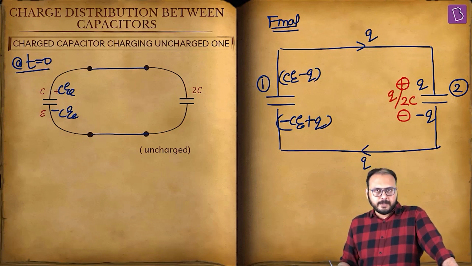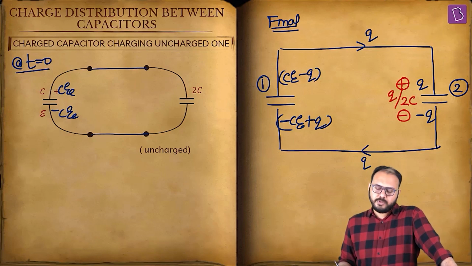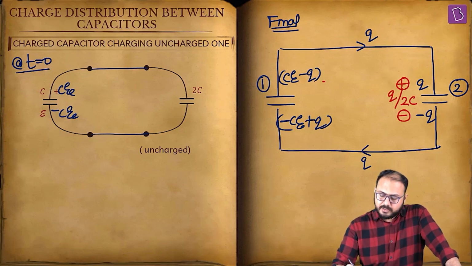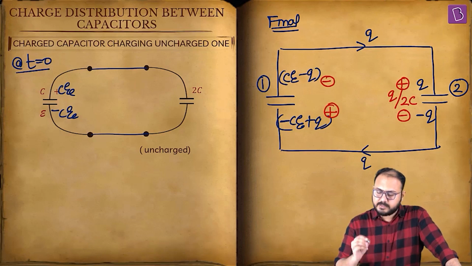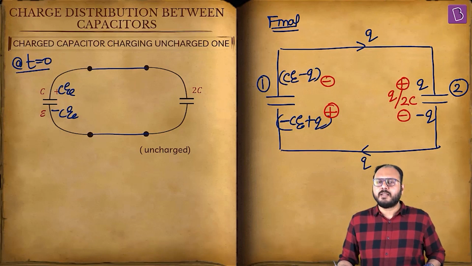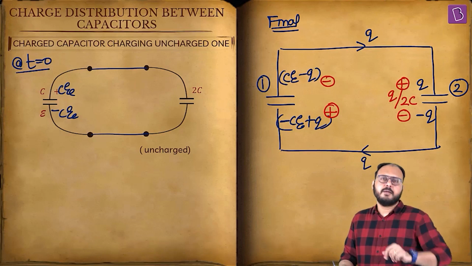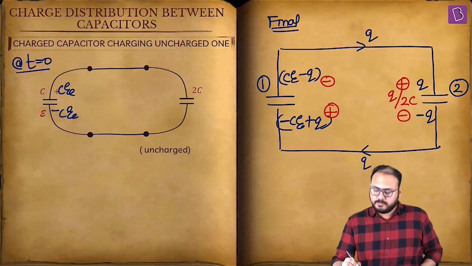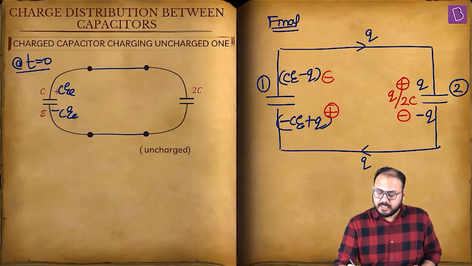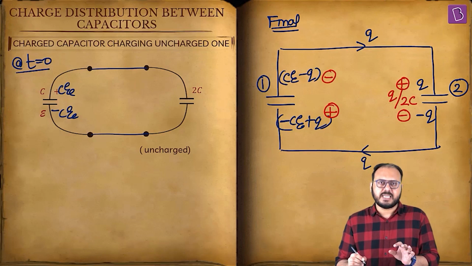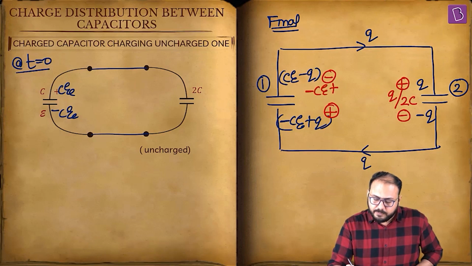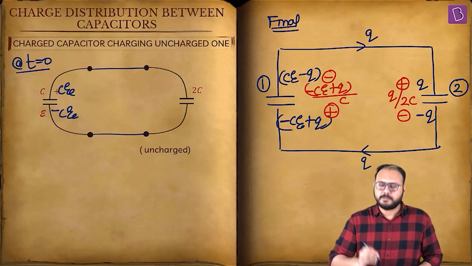And here comes the kicker. Who was plus before? The upper plate. Deliberately, mind you, I am putting this as minus and this as plus. Just to prove a point that I can do whatever I want, provided I double down. What did I teach you? Whichever side you choose plus, that plate's charge upon C, its capacitance, is the PD. Which side did you choose plus? It's the lower. Minus C E plus Q upon C.